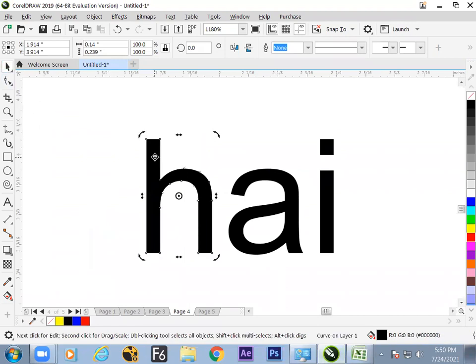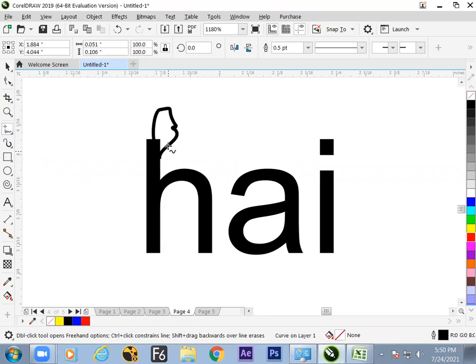Fine. So what is the task now? How to convert a text into a character? So we need to add some features here. How to do it? Already you have learned. Get some freehand drawing. Just add some face structure. Okay, fine.